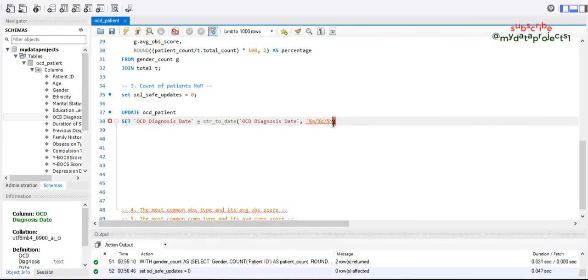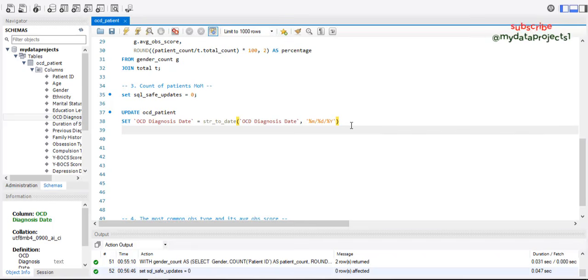It came in the month, day, year format, so we want to change it. We have written the format it came in. Next, you write the where STR_TO_DATE,